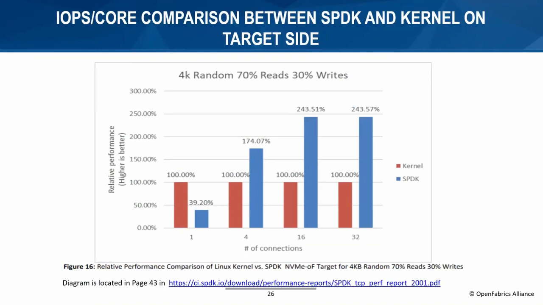I think I already explained that. The kernel TCP/IP stack is the bottleneck. We tried to improve the performance, but according to our analysis of the performance data, most of the CPU time is consumed in the TCP/IP stack. So this is why if we use the RDMA transport, the CPU core performance is 6 to 10x better than the kernel. But for the TCP transport, we only get 1.7 to 2.4x better. So next page.